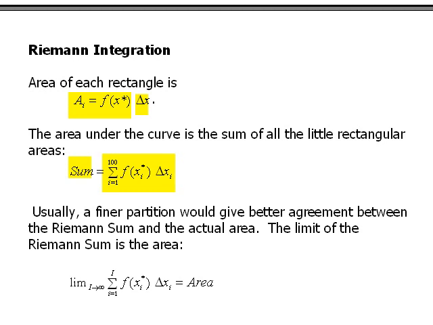So you see how you'd make those rectangles grow or get smaller depending on whether the curve was very far from the x-axis for a while or very close. Usually a finer partition, that means a smaller and smaller mesh, would give better agreement between the Riemann sum and the actual area under the curve. And the idea is that as we refine it, we always have a little bit of a gap because we're not going to be following exactly along the curve. But in the limit, we say that the limit as,